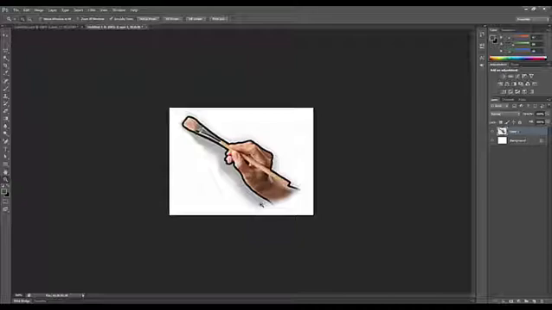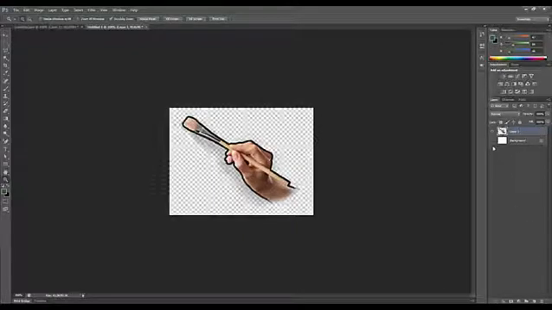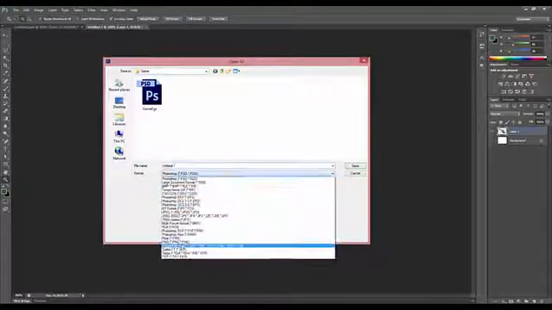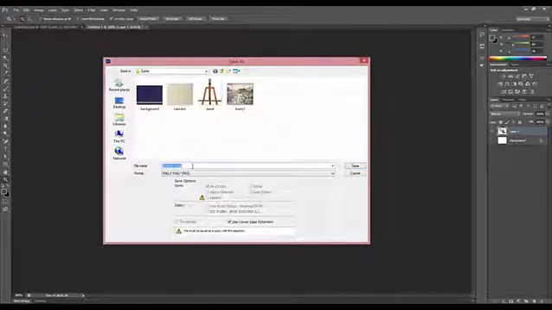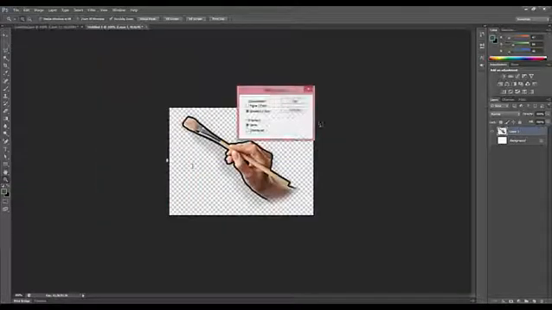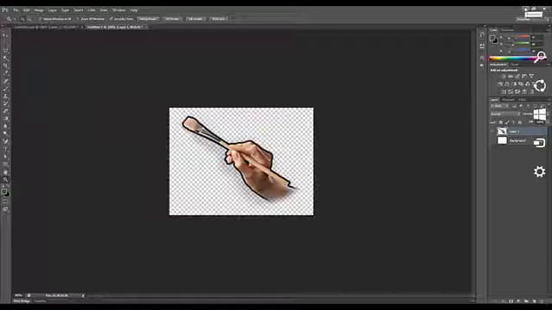Got that lovely shadow effect. I made that by just painting in a layer underneath it, and then hide the white. See the shadow still there, and then File, Save As, PNG, and we'll call that cursor, because that's what it's going to be. It's going to go over the cursor, over the mouse. They call that cursor sometimes. There we go. Okay, that's Photoshop done.